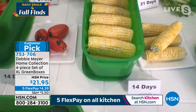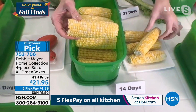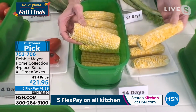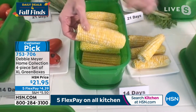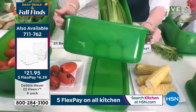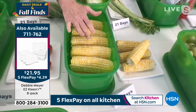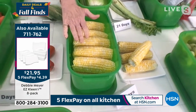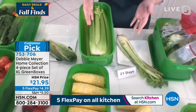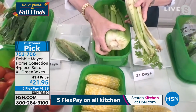I can get ready in advance because there's a sale on corn. I bought corn. 14 days ago, I bought corn. 14 days later, I've got corn I can't use, or corn that's perfectly fresh. And by the way, look how many ears of corn are in that box. So you're really getting the ability to shop in advance, keep your food fresh longer. You can reduce food waste and your dollar waste. And there's less shopping because you're not going back to the store to replace the things that you had to